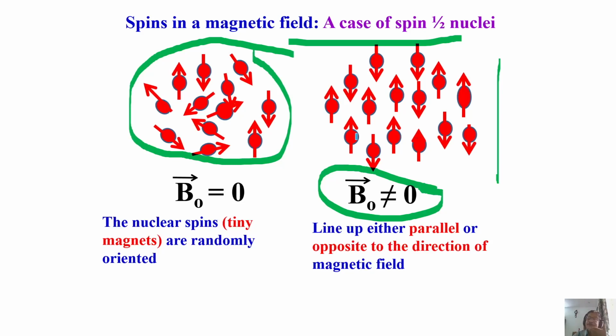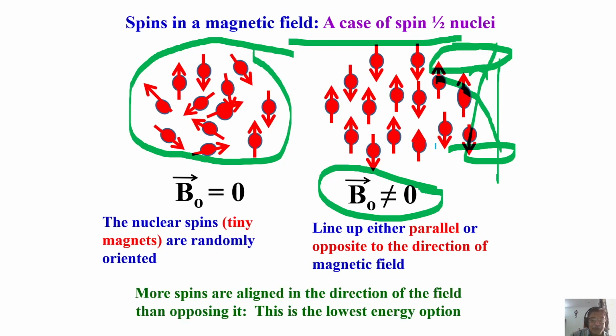But remember, there can be various possible orientations. Preferably, we have always said there are many nuclear spins. They orient like this and like this, both of them having different orientations, making a preferred angle. We also calculate everything. Some of them line up in the direction parallel to the field, and some of them line up in the direction opposite to the direction of the magnetic field.